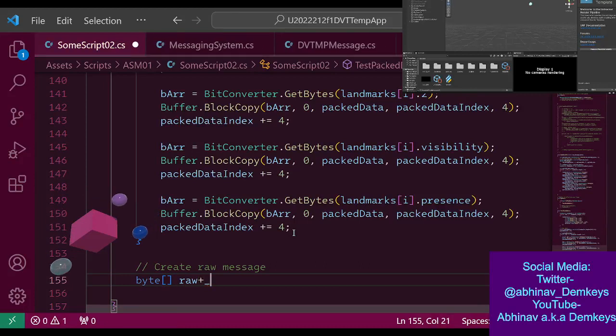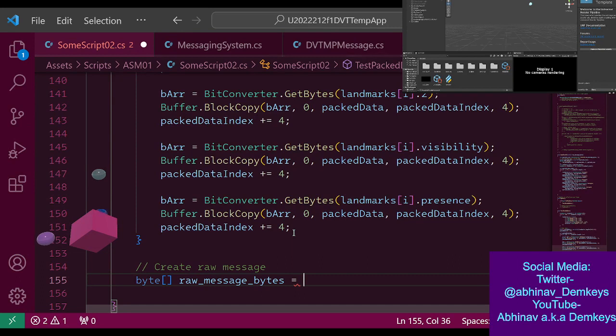So this would be raw underscore message underscore bytes equals new byte. The size of this